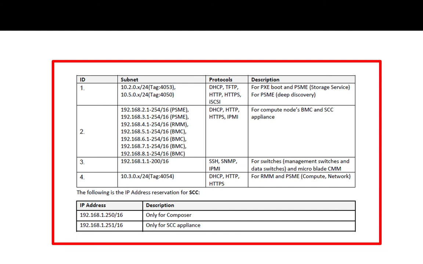The third element in the table depicts subnets 192.168.1.x through .200, which are reserved for SSDP device discovery utilizing Redfish DMTF Universal Plug and Play. The fourth element in the table depicts subnets